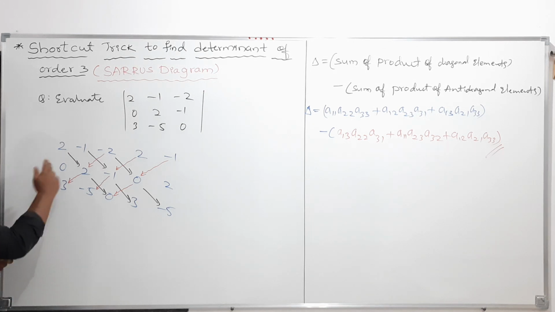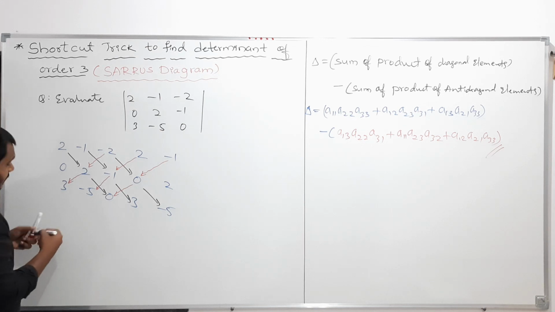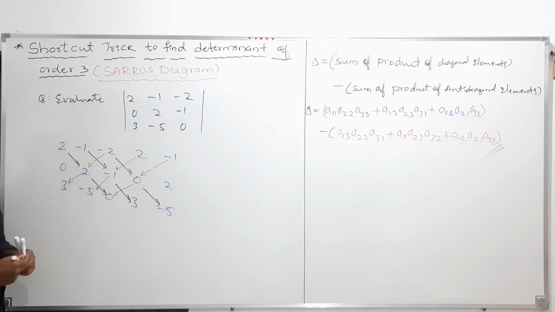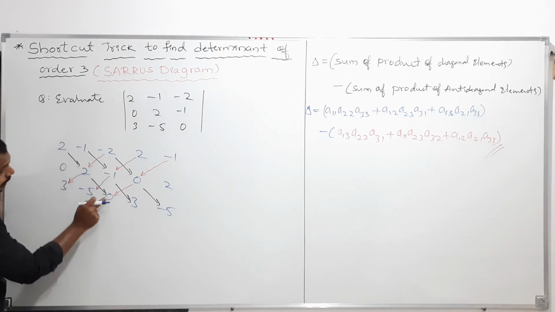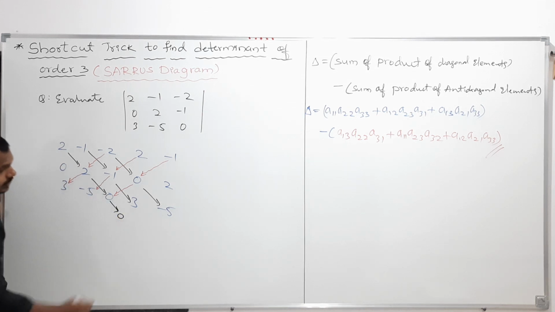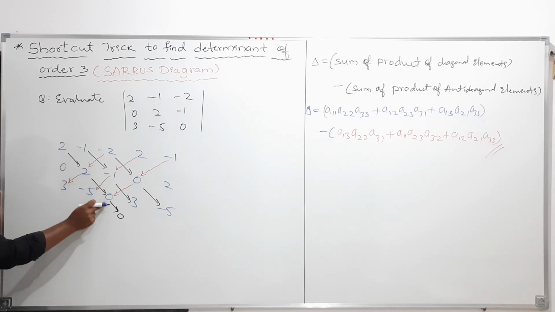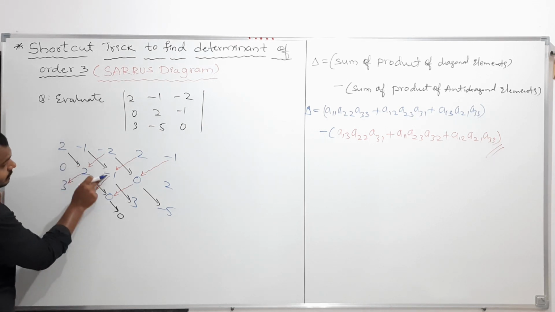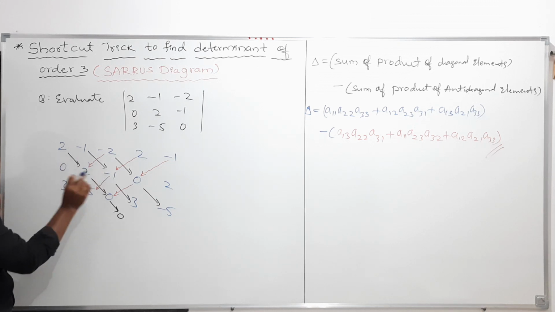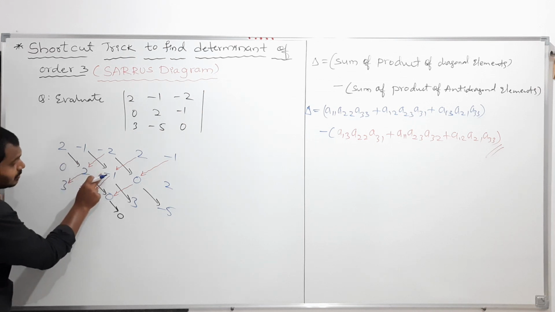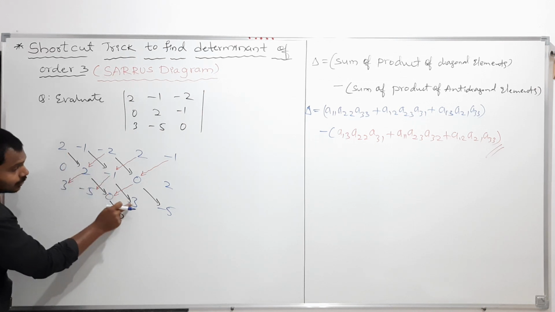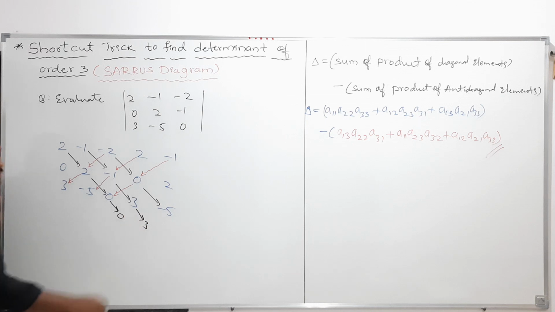And now take the product of this. So what is the product, my students? Take the diagonal elements' products. Here it is 2 twos are 4, 4 into 0 is 0. Next, minus 1 into minus 1 is plus 1. I am taking the product, so you should multiply. Plus 1 into 1 is 1, 1 into 3 is 3.